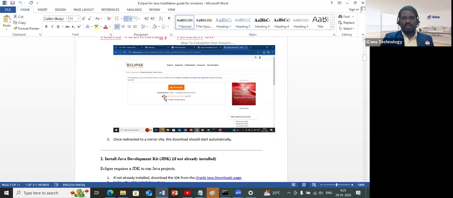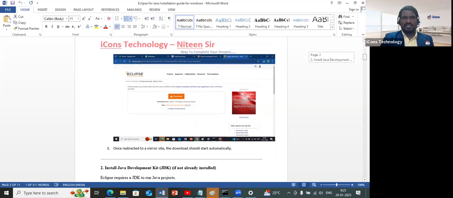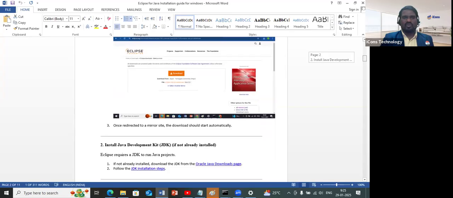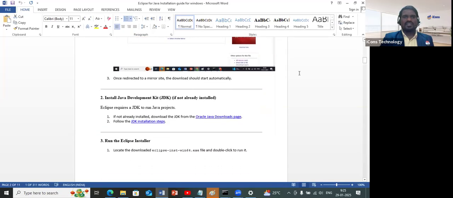You are getting the download from the, okay, where exactly. So once redirected to a mirror site, the download should start immediately. So when we start, okay, the download will start. Okay, so if it has started, for that you should have, okay, to go ahead with that, the second